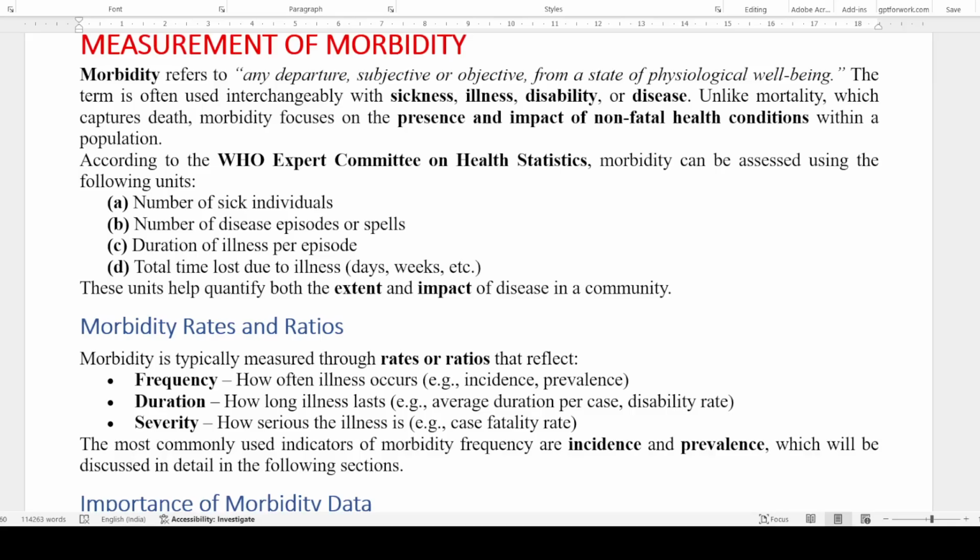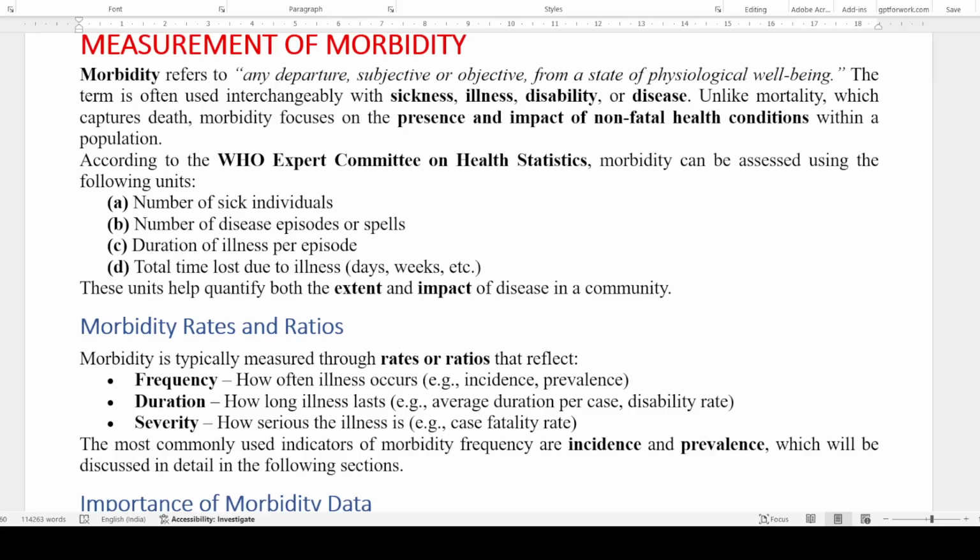Non-fatal health conditions means there is no risk to his life, but he is not well. So according to WHO expert committee on health statistics, morbidity can be